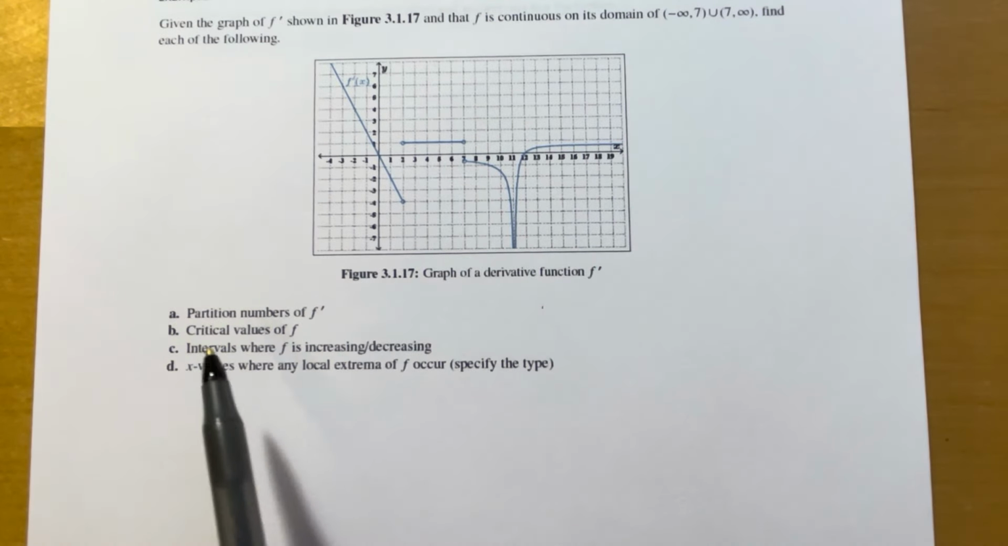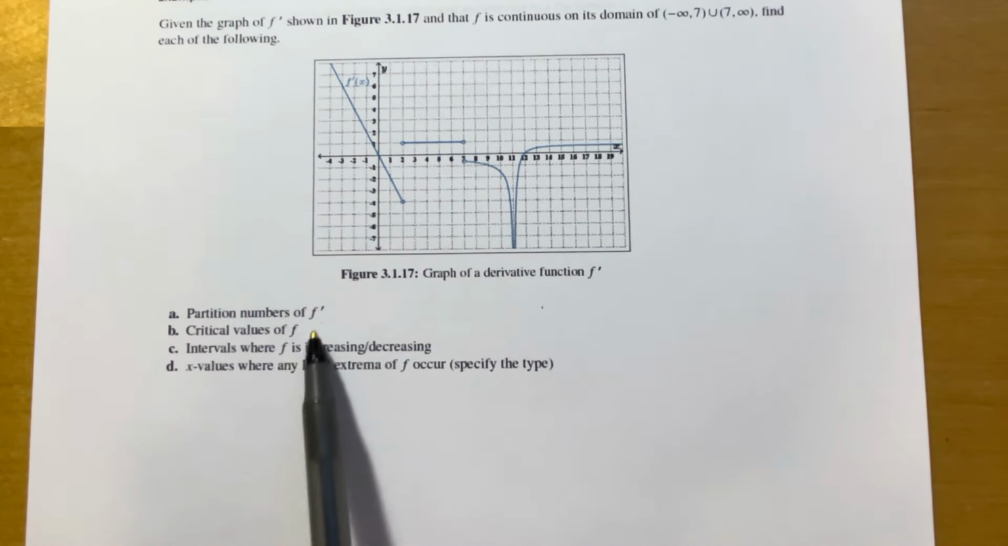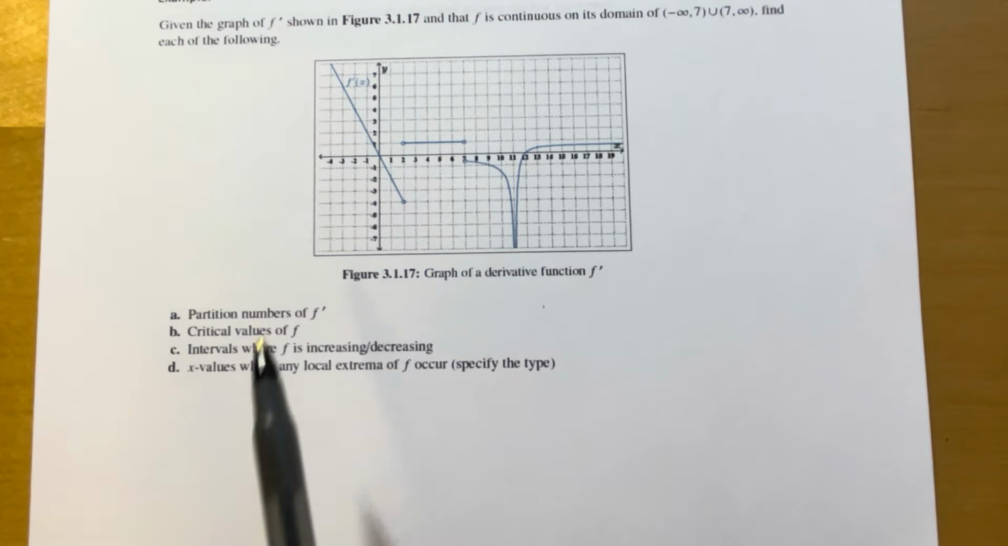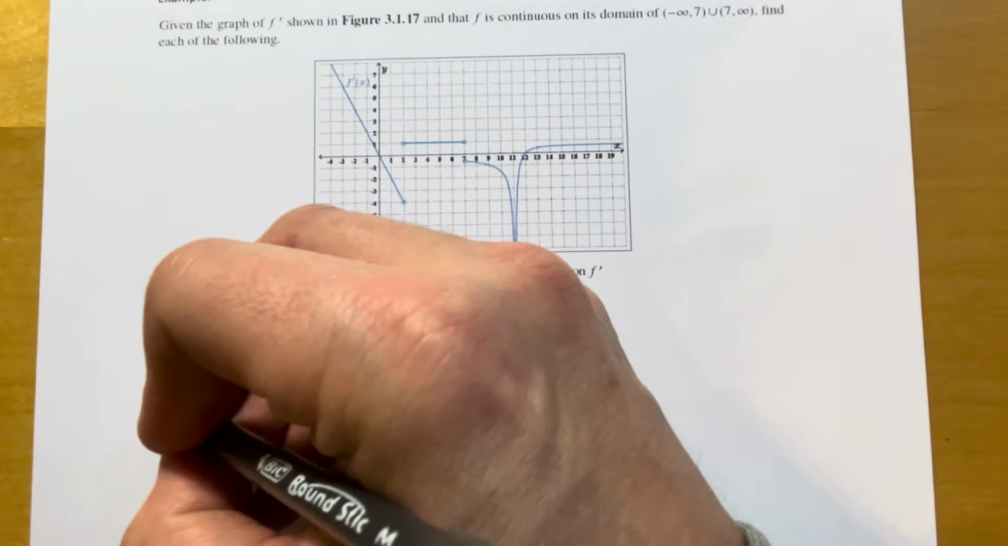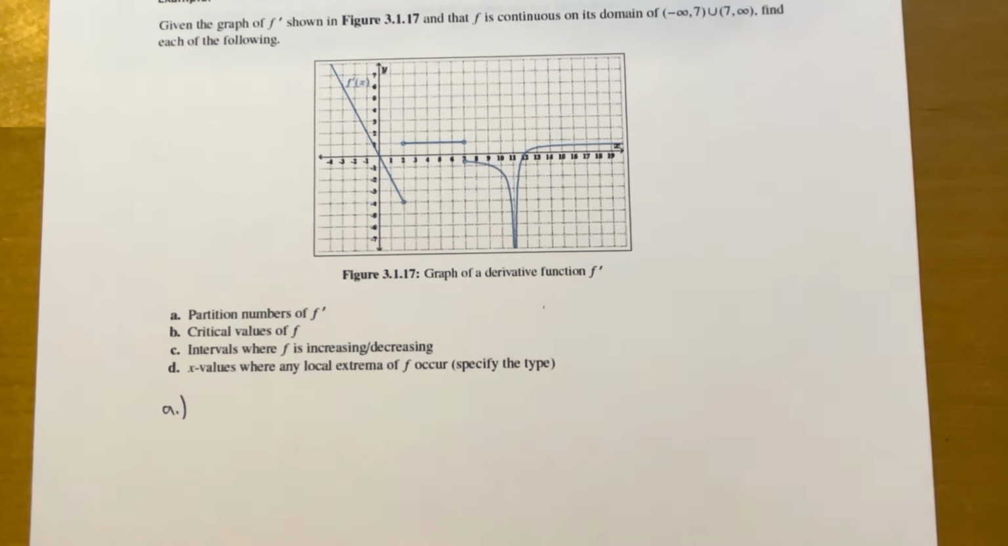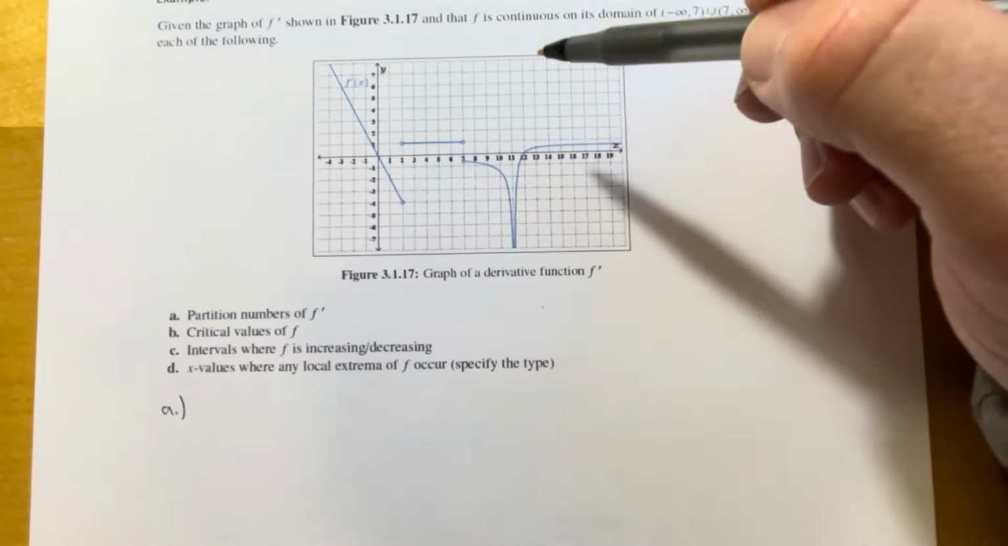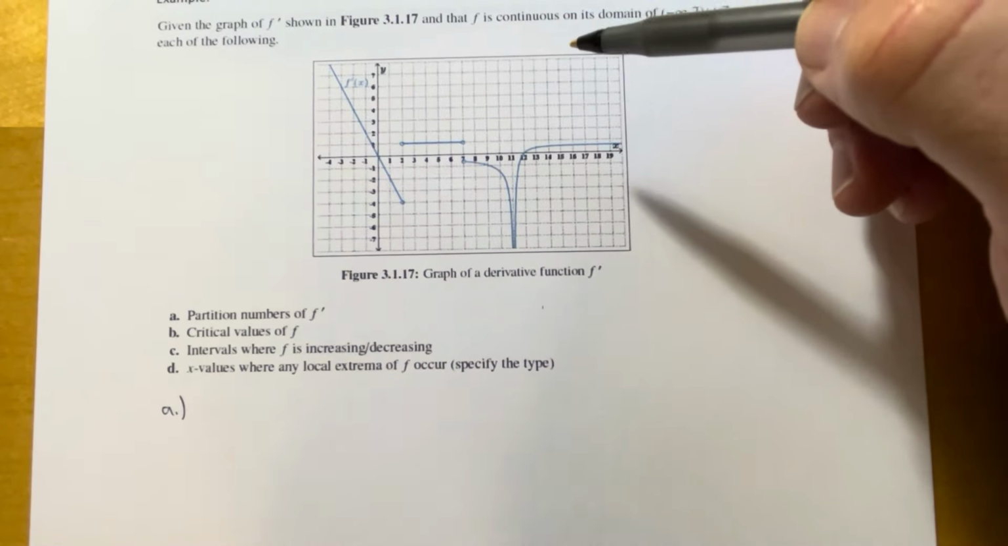now. So the partition numbers of f prime. What are the partition numbers of f prime? Well, starting with those, remember, those are the places where either f prime is equal to 0 or f prime fails to exist. Now, looking at my graph, I have a few places where one or the other of those